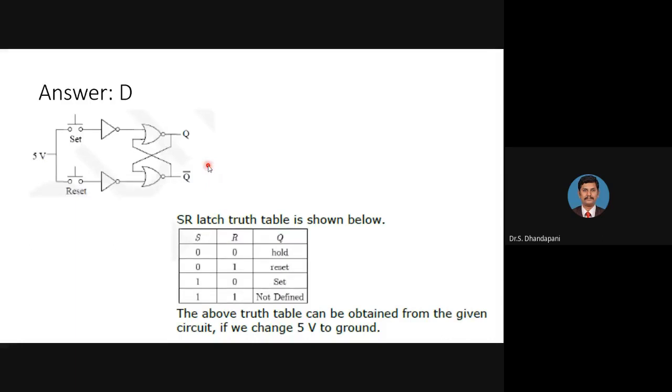If you do not remember, we have to check all 4 combinations one by one. After checking the 4th combination, that means after changing this 5 volt to ground, if this switch is closed we get 0 here. So this is the logic. The correct answer is D.